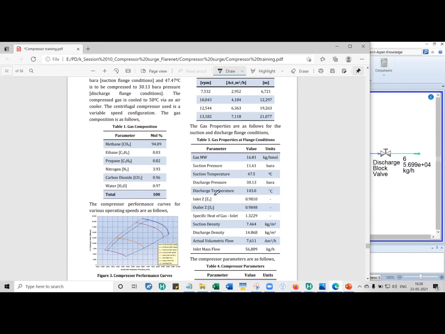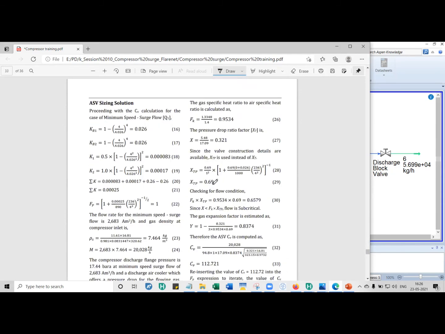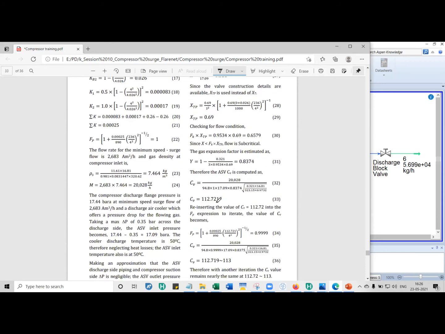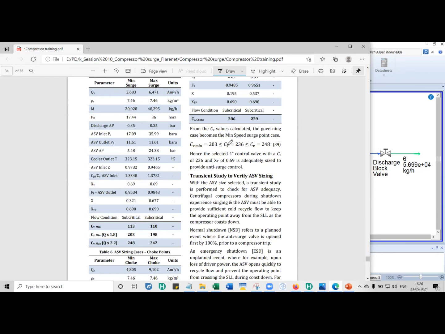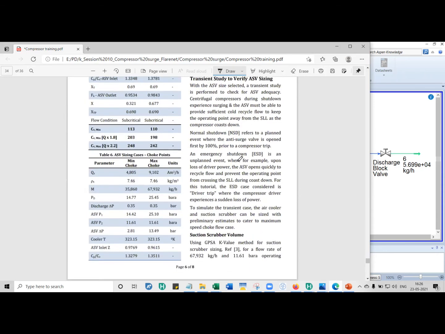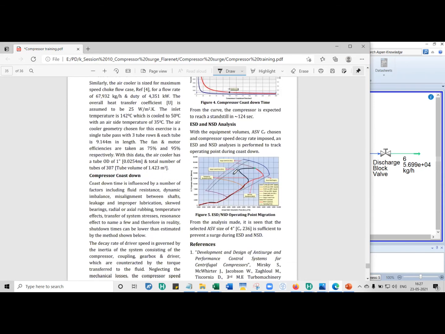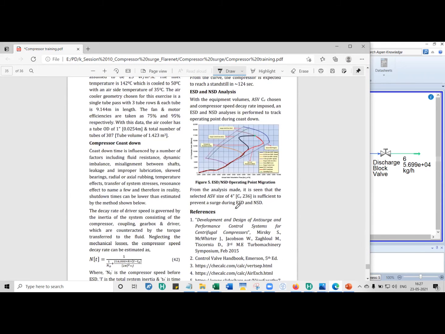So in this case, I did one sample calculation where I've said finally a CV of 112.721 or 113. So you choose a valve of some 236 CV, and then with that valve size, I did a dynamic simulation. Now, even this is going very close to the choke flow region. The data, I took it from Fisher's or Emerson's handbook, and they had 2-inch, 4-inch, 6-inch, and the CV difference was too high. But in reality, here it is 4-inch 236 CV.